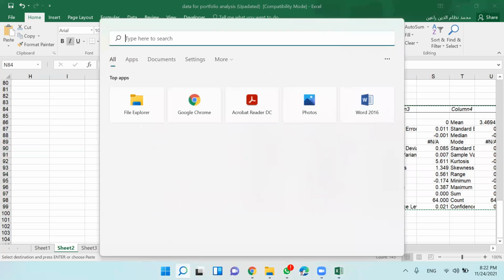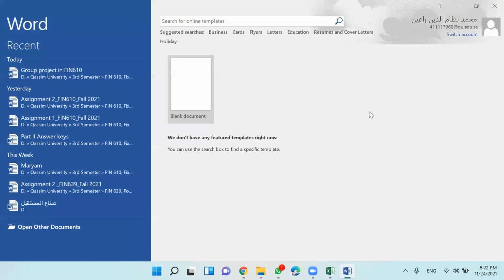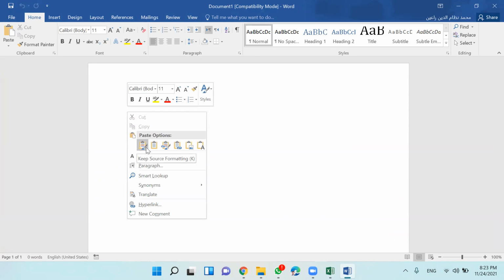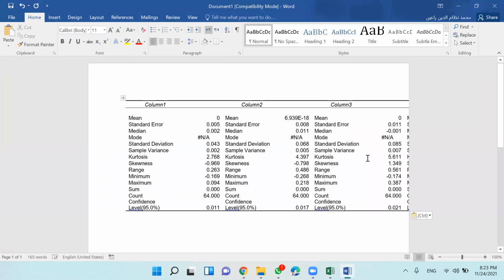Okay, just leave this. Anyway, you can insert this in a Word file, just copy paste. You have this table and you can arrange it nicely. In your research, if you read some papers, you always have this descriptive statistics.